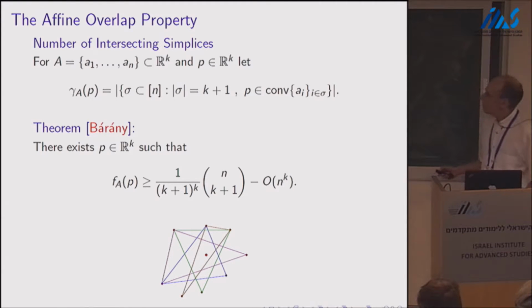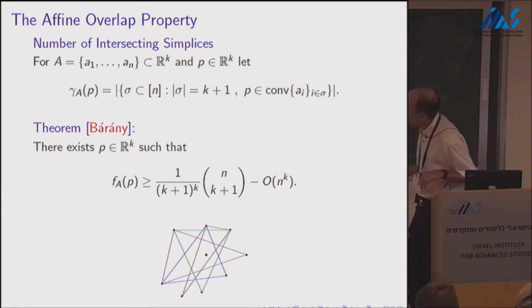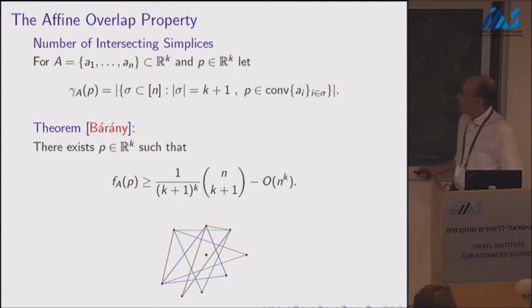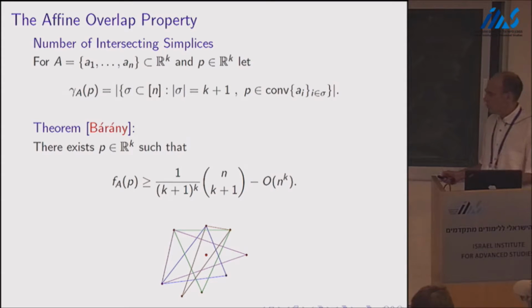Now, a remarkable theorem of Bárány from '84 asserts that there is a positive fraction of all n choose k+1 simplices that contain a common point. Like you can see here some simplices with different colors that contain this red point. Okay? Bárány's theorem is really a cornerstone in convex geometry,